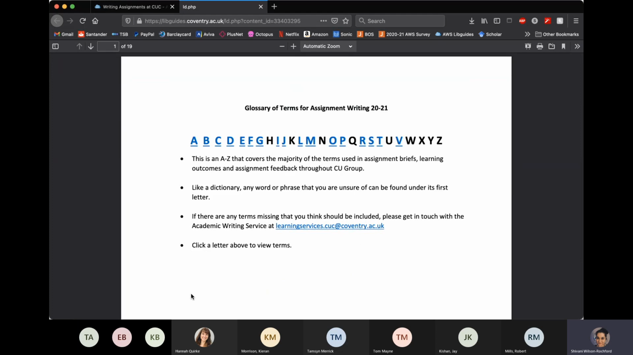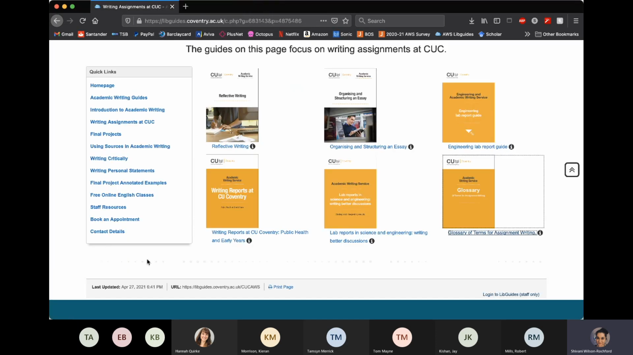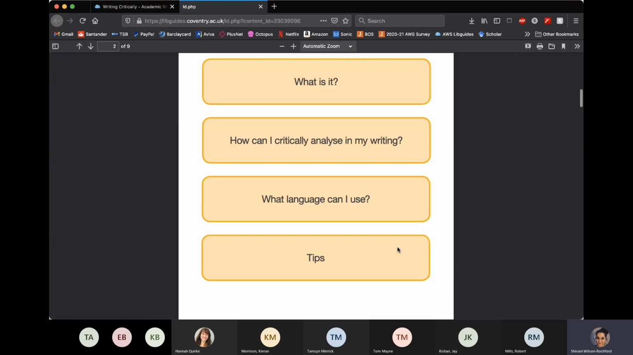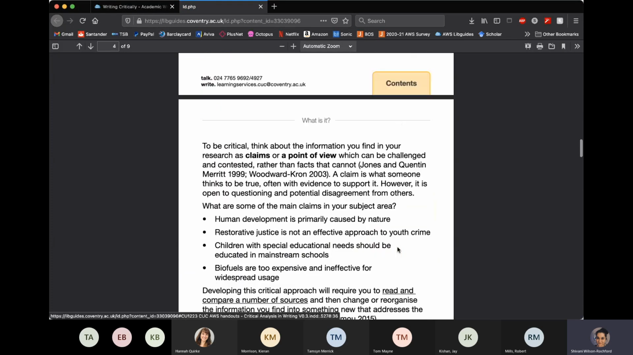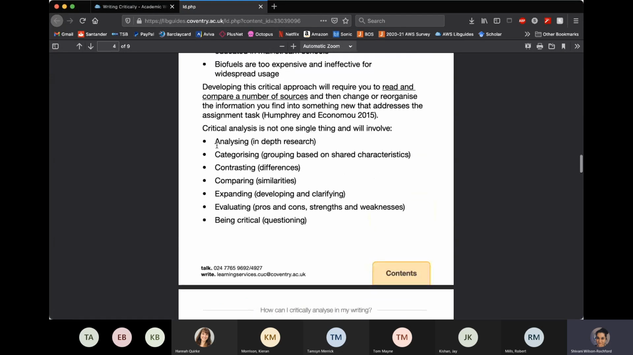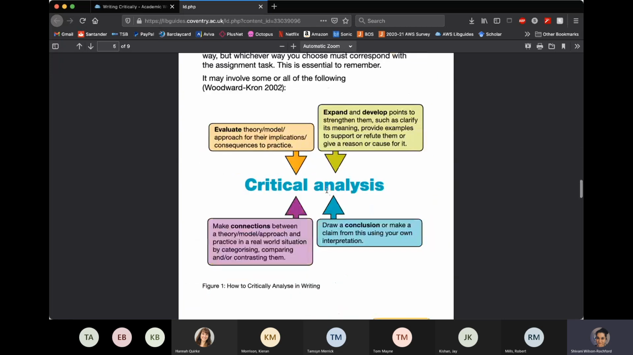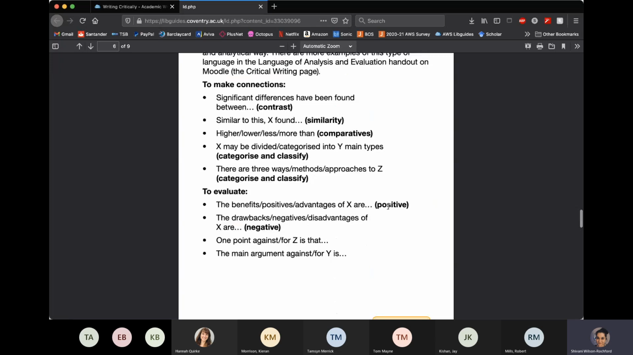you're planning your assignment and you're wanting to just get those terms planted into your head for understanding. The other one that I would point your attention to is the critical analysis one that we've got in here. And in here, there are the 6 elements that we talked about, as well as language that can be used to